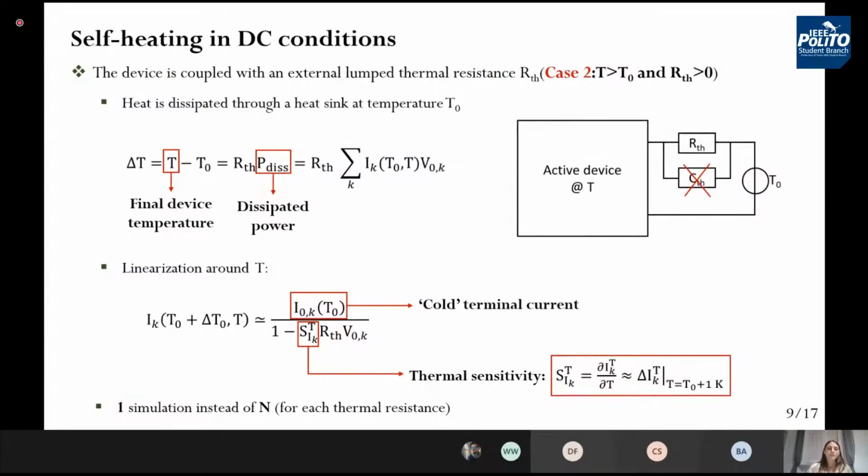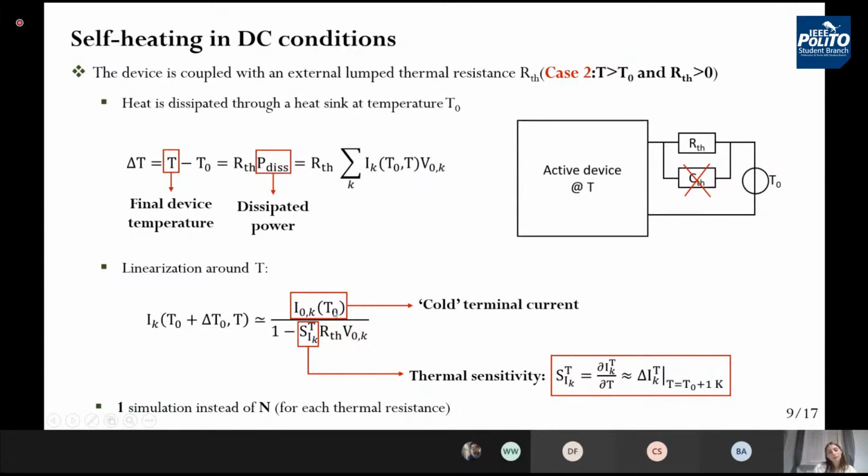To conclude, we have a self-heating analysis in DC conditions. We consider a thermal resistance, and we have a temperature increase due to self-heating that can be represented by this expression, where we can see the final device temperature and the dissipated power. The linearization of this expression leads to a final formula that gives the terminal current calculated at the final temperature